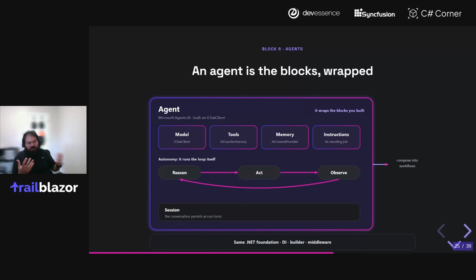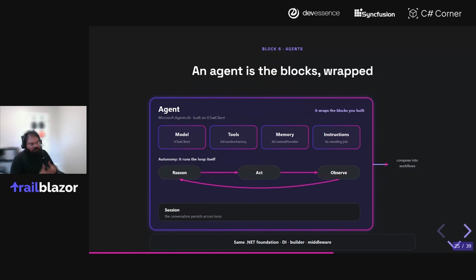And so when it comes to the .NET ecosystem, you have the Microsoft Agent Framework, which builds on top of the IChatClient and all the primitives that we've been talking about before. All that was to say, here are the foundations. But when you culminate at the agent level and that application level, all the stuff you've used before, all the things you're familiar with, they all of a sudden just plug right in.